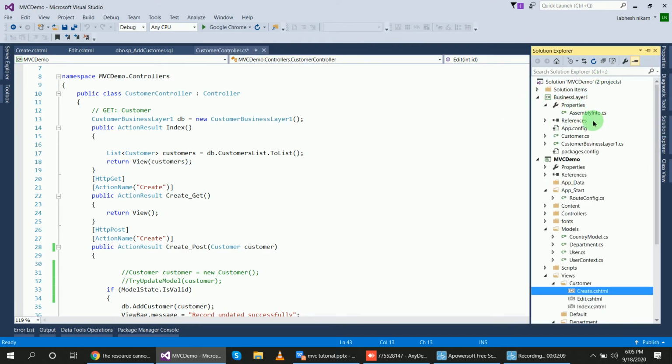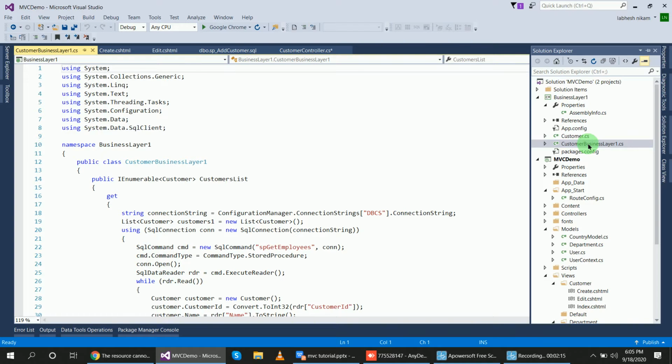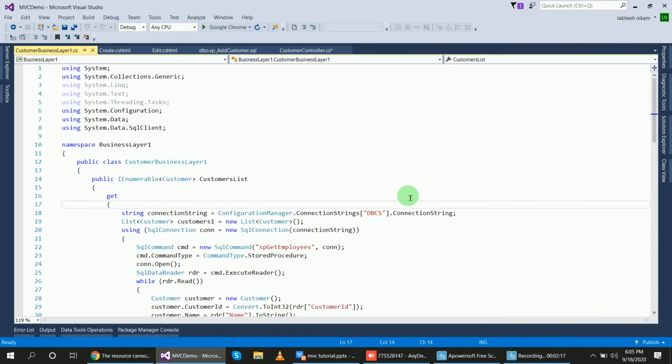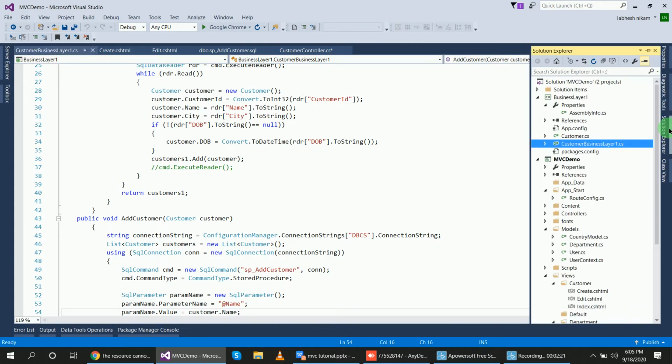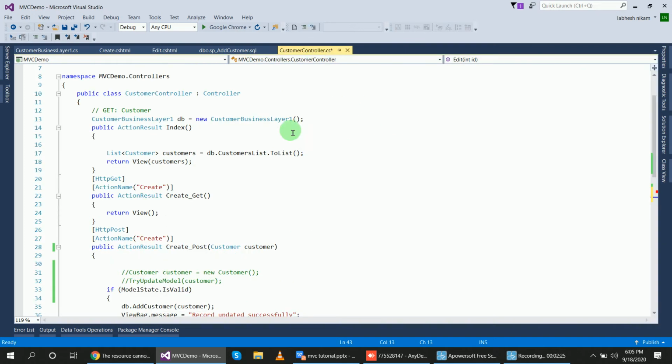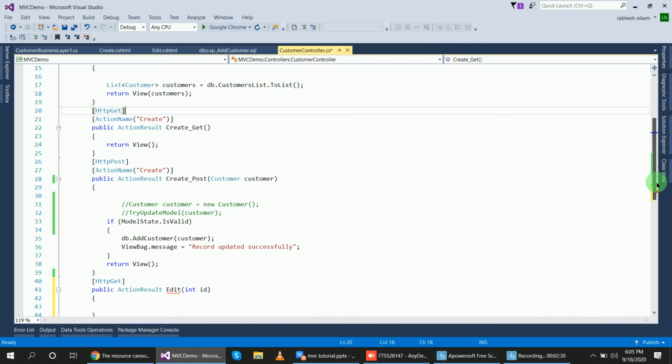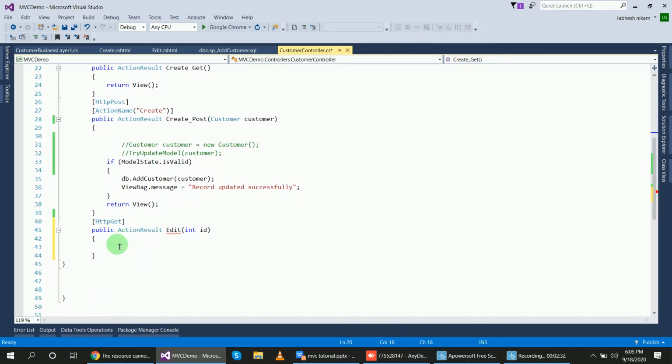I have created entities using the class library project, business layer 1. Inside of this there is a method to get the records and to add the records. So using that we will create an object and using that object we will edit the records. We will use the db object to edit the record.